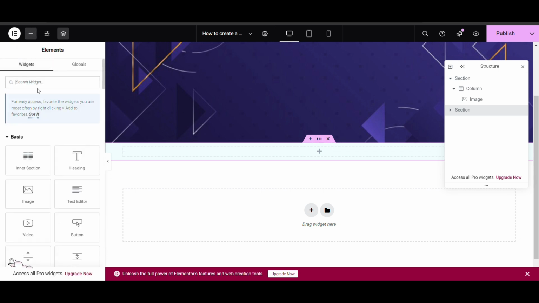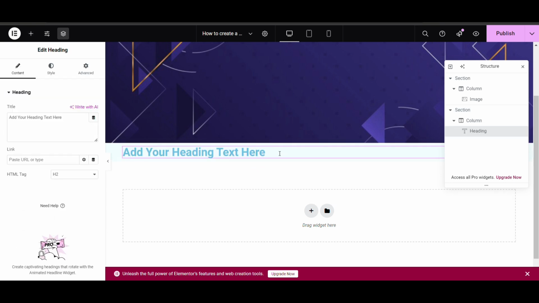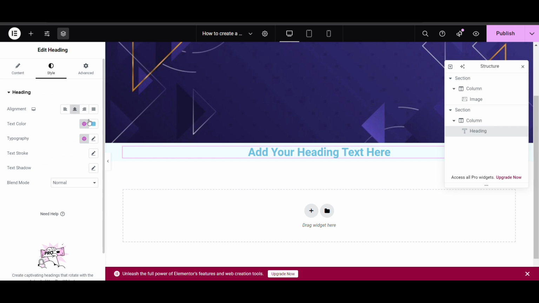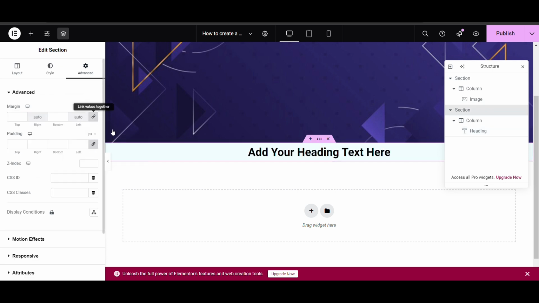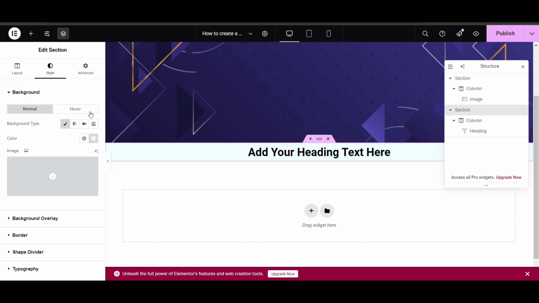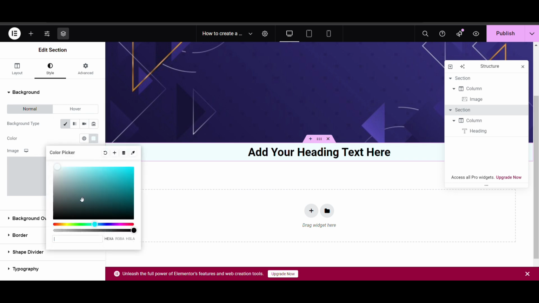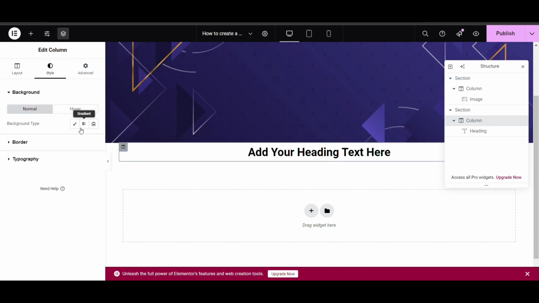Now we'll add a heading tag, design it. Now do one thing, remove the background color from here, add it here.